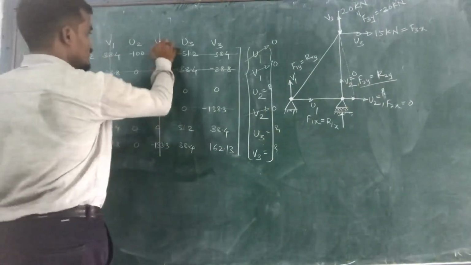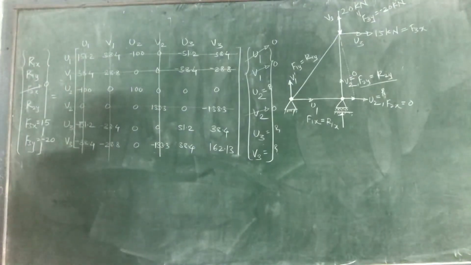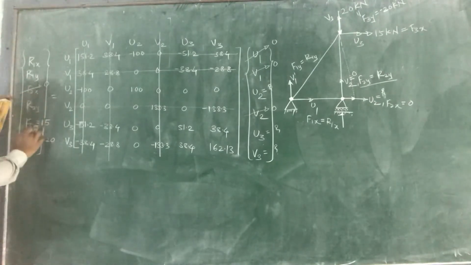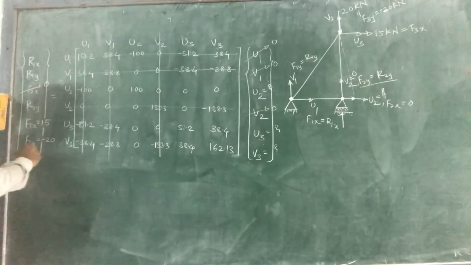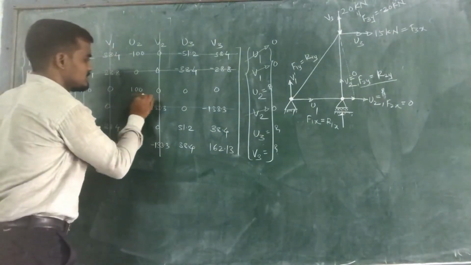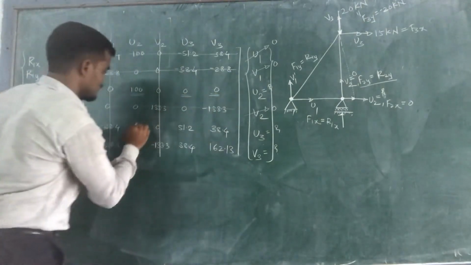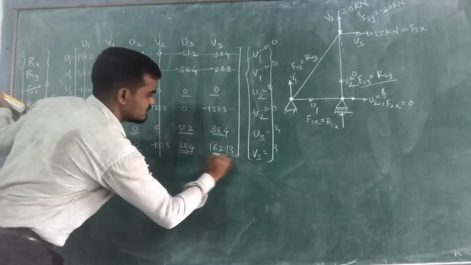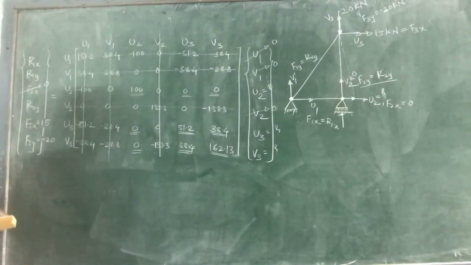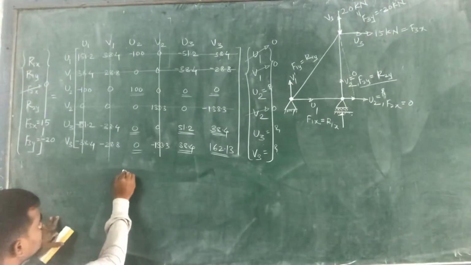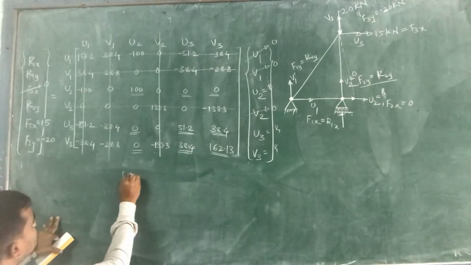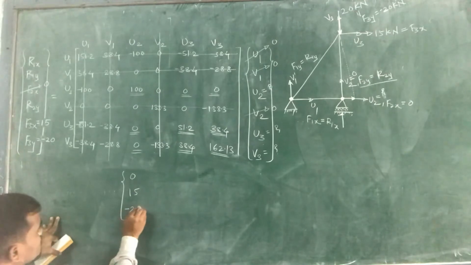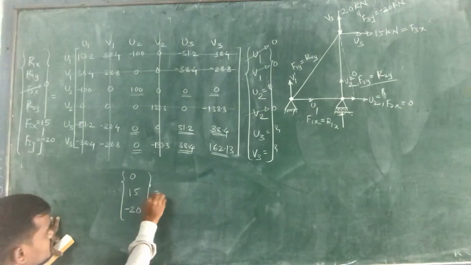So the remaining terms are: this equation is remaining, the third equation is remaining, the fifth equation is remaining, the sixth equation is remaining. These are the remaining equations, so we need to write down these remaining equations. The remaining equations will become F2x, which is nothing but 0, 15 and minus 20, is equal to